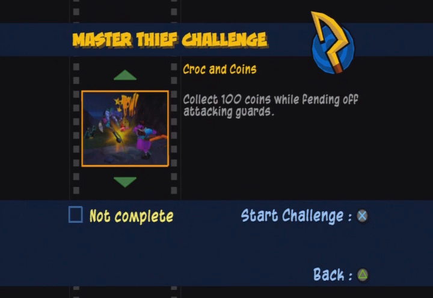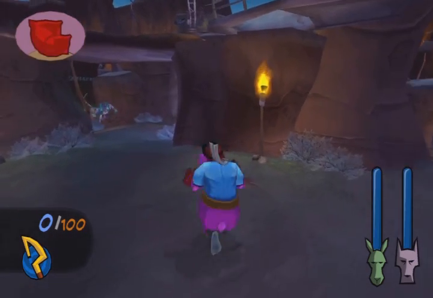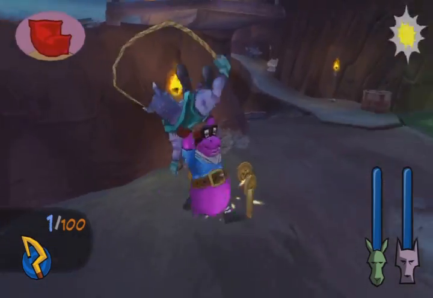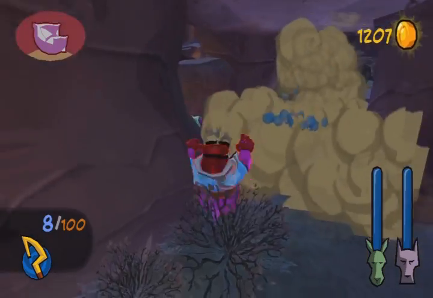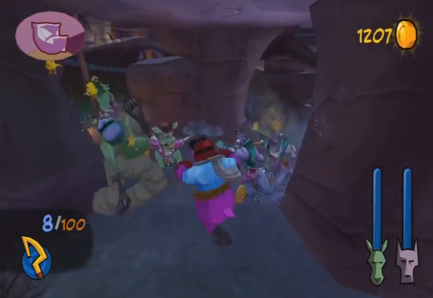And now, Croc and Coins. This challenge, what do I have to say about it? This actually took me one attempt, believe it or not. What I recommend upon executing this is do the mission like you normally would, except just get both bars up to like near full. What I mean by this is,